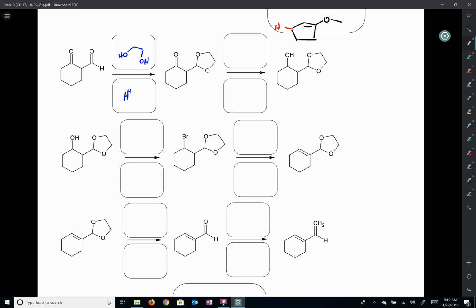Now, the next thing that happens is we reduce. So we need some kind of reducing agent. Pick your poison. We'll go with some sodium borohydride just because, practically speaking, it's a little bit easier to deal with. So we'll put some sodium borohydride in there to reduce our ketone down to an alcohol. So now we take this exact guy down here, and now we need to turn our alcohol into a